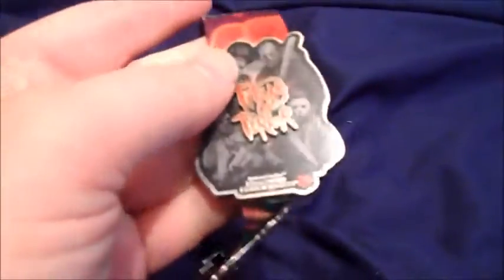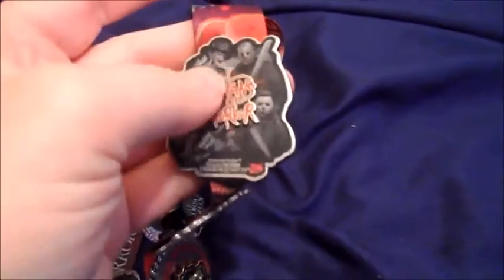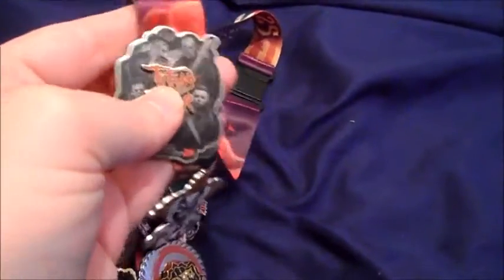I do apologize. Let's see if I can bring it in here. You can see the logo, Halloween Horror Nights 2016 on the bottom, Universal Studios. So that's definitely clear on it. Not much more to say on it. It's definitely not a big pin, which is good. I am running currently out of room. Here, I'll show you. I am running out of room for my...